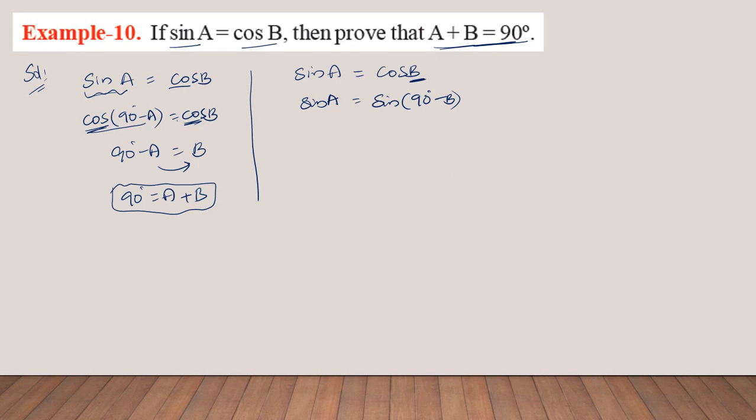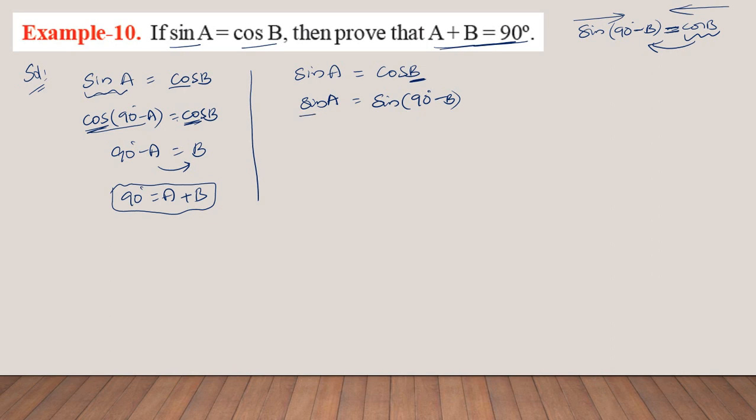So one formula you can use both ways. It doesn't mean that sin of 90 minus B means cos B only. When you have cos B, you can write it as sin of 90 minus B also. So you need to remember the formula either way, from left to right or from right to left. Both give you the same formula, because equal to means nothing but that, so you can read it both ways.